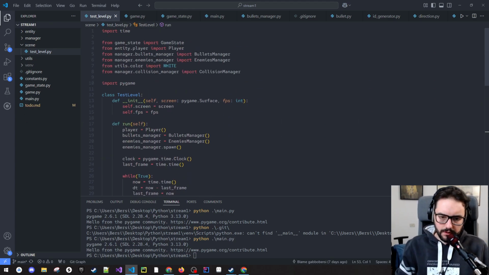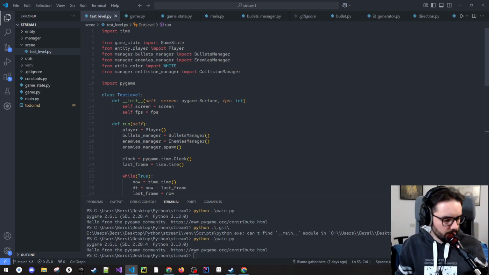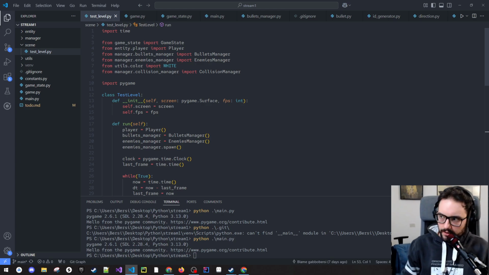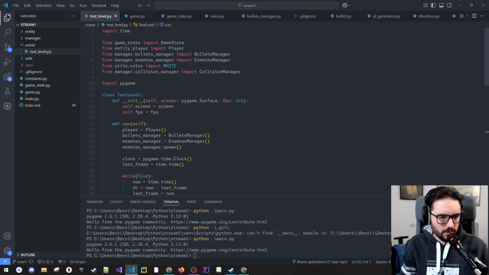By the way, guys, what is a scene? Maybe I have to clarify. A scene is basically like a view in front-end development. It's like a moment in the game. For example, the main menu is a scene, level 1 is a scene, and so on. So basically, we are just going to wire